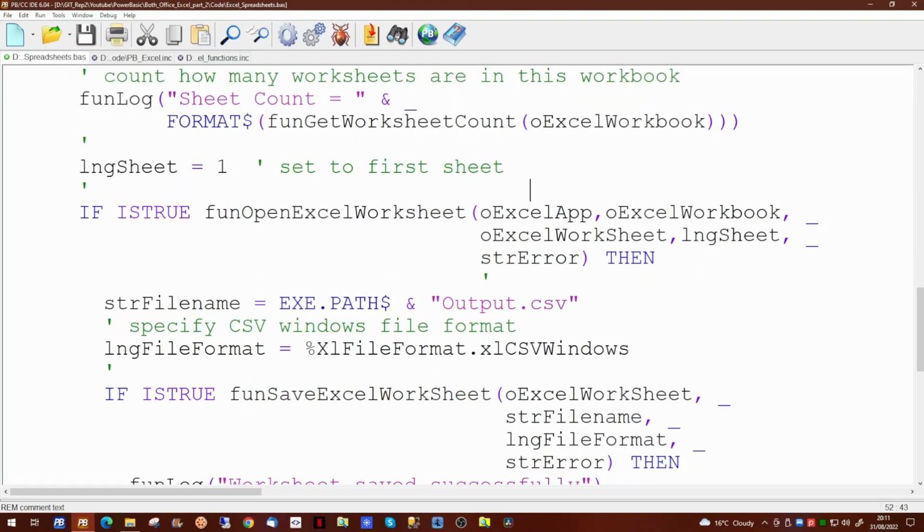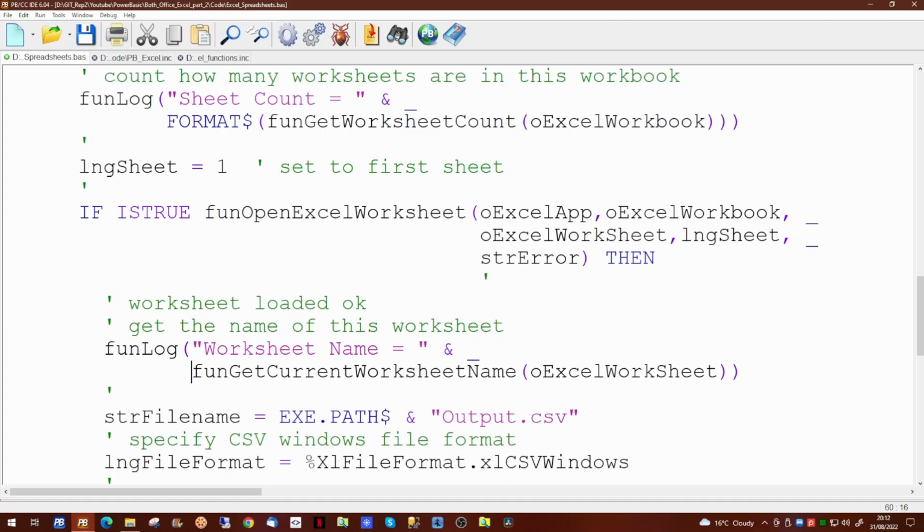So after we open the Excel worksheet, we can also pull back from Excel the name of the sheet itself. We can do that using another of the new functions in our library, getCurrentWorksheetName. Since we've told the application which sheet we want to read, in this case sheet number 1, we want to pull back that name, passing simply the Excel worksheet object.